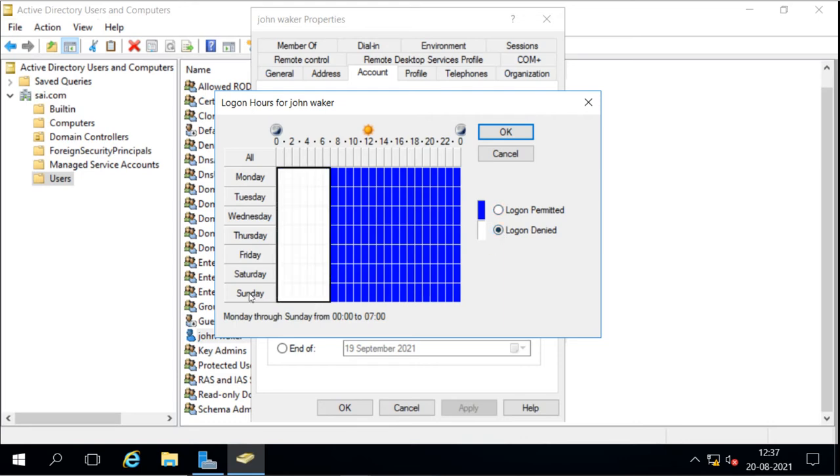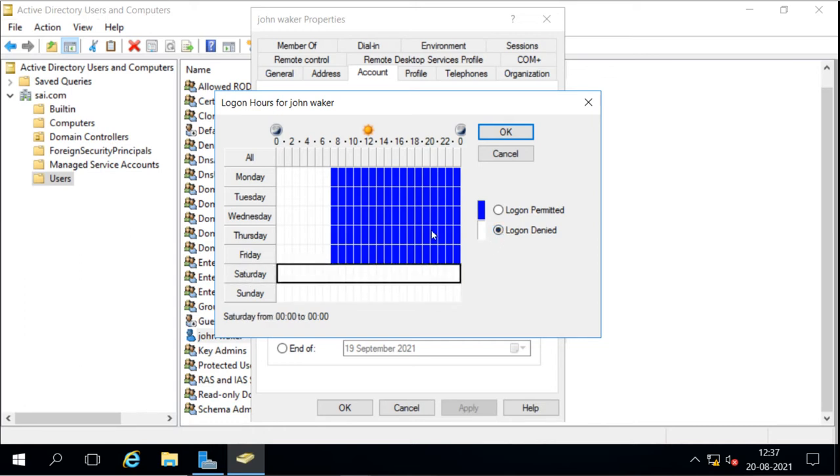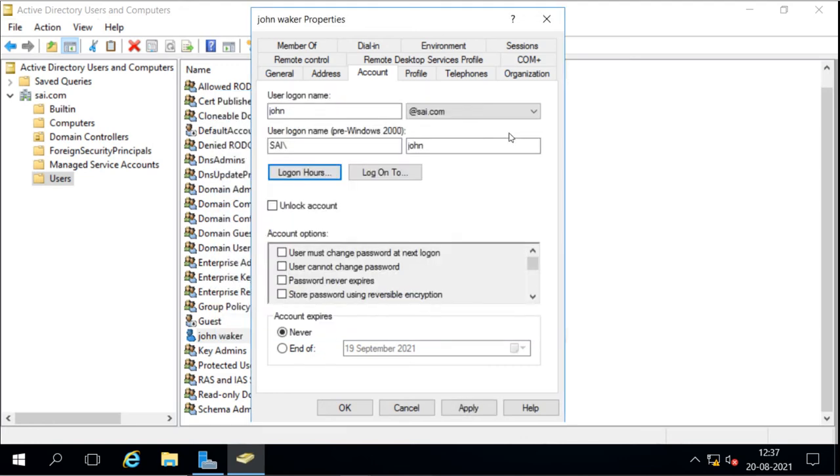They are not allowed to log in on Sunday, deny. Saturday, deny. They are also not able to log in after 7 p.m., so I will deny from there also. Just like that we can configure the logon hours for the users, so users will only be able to log in at that particular time, and at other times they will not be able to log in.